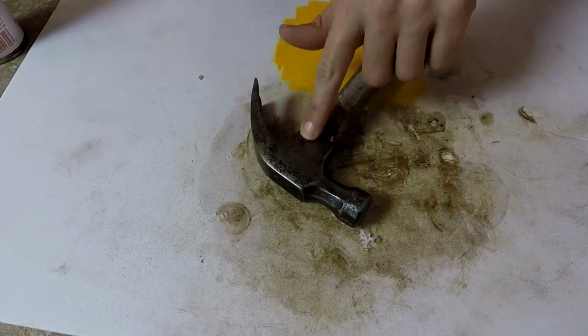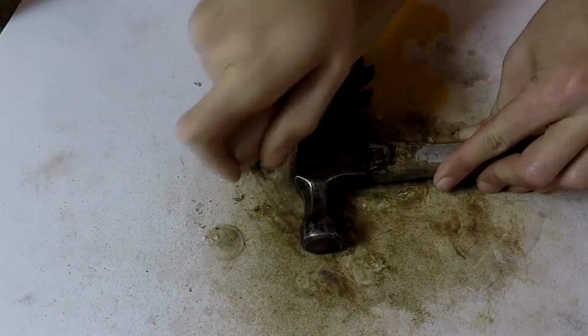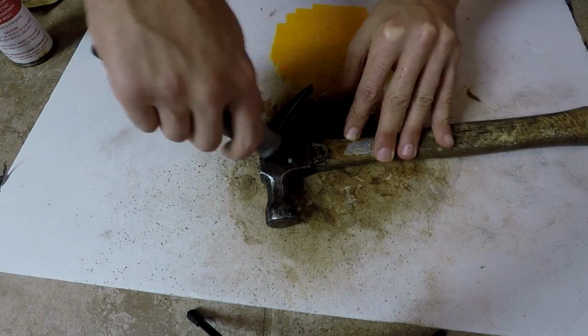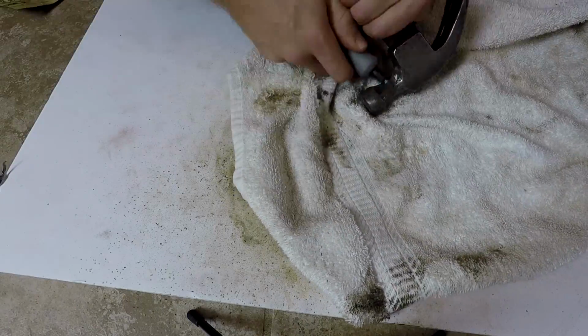But of all the trends recently on YouTube, I probably like this one the best. Like I said, there's just a certain satisfaction to bringing something back to life that was rusted and probably worthy of being thrown away. Eventually the Dremel was charged back up, and now we've almost got all of the rust off. But I have left some deep gouges into this hammer using the Dremel,